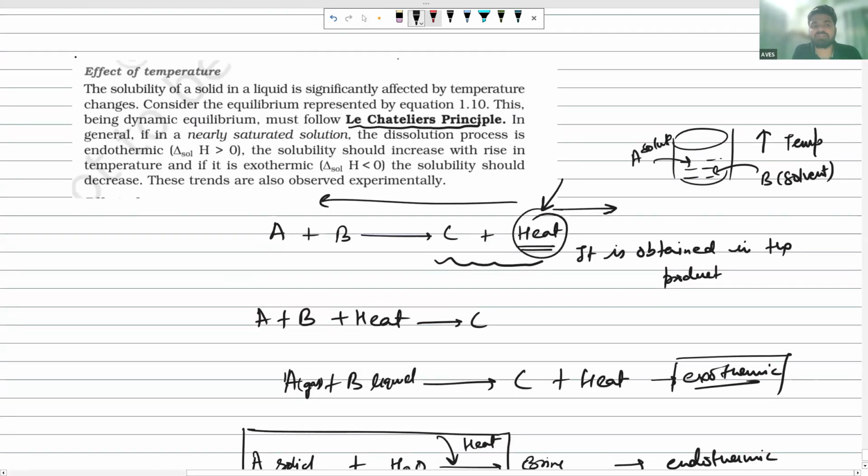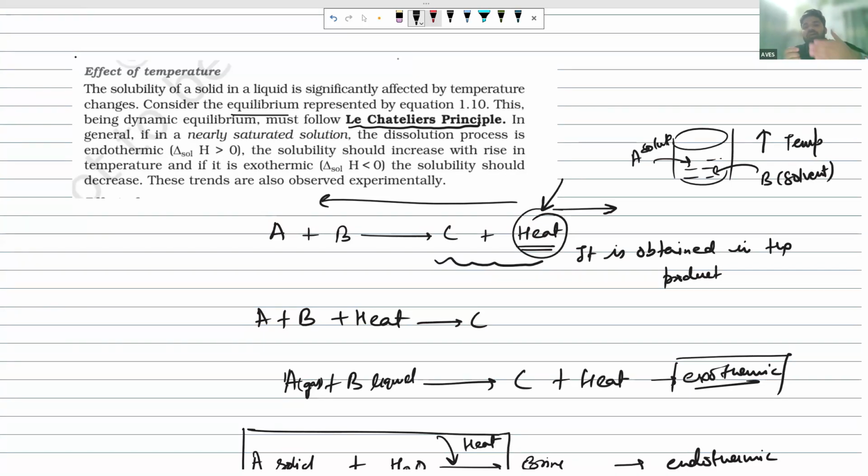The Le-Chatelier principle says that the solubility of solids in liquid is significantly affected by temperature changes. Consider the equilibrium represented by equation 10.1. This is a dynamic equilibrium, and it must show the Le-Chatelier principle. If you have a nearly saturated solution and you want to dissolve more salt in it, and that process is exothermic, then, for example,